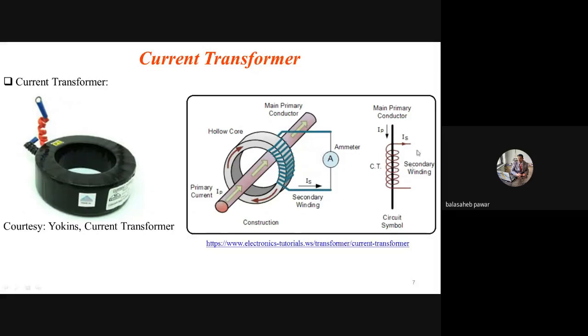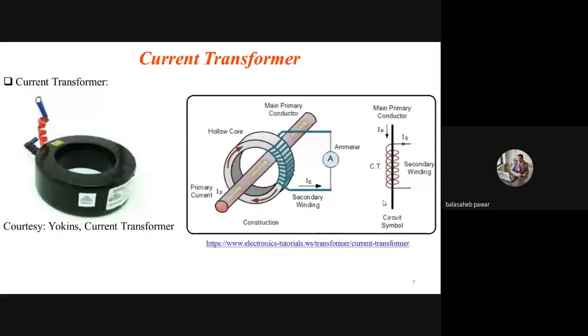And accordingly the generated current in that secondary will change. Are you getting it? See, the same thing is shown in this symbol. This is nothing but the secondary winding, just like a helix or coil, and a single conductor is shown which is acting as a primary. Is it clear? Mostly current transformers available in the market are like 10:1. So 10:1 indicates what? Whenever there is 10 ampere of current in the conductor, which is acting as the primary of this CT, the induced current in the secondary will be 1 ampere.